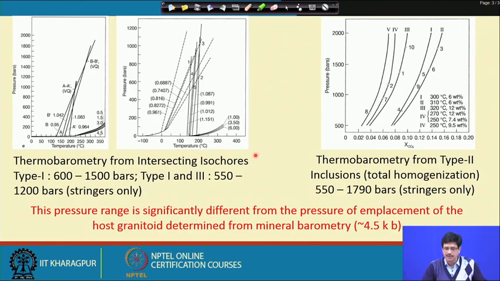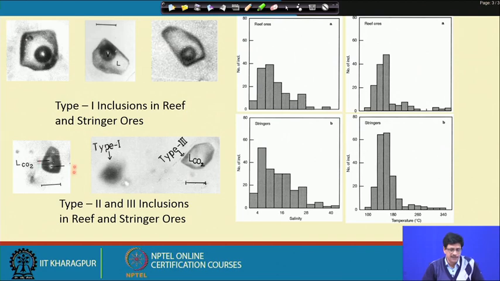Now, the interesting situation here is that the type 2 and the type 3 inclusions are very rare in the quartz reef, the main quartz reef, but in the stringers, vein ores and the mineralized stringers, molybdenite bearing stringers and mainly the chalcopyrite bearing veins, which are very frequent close to the main reef and then generally die out as you move away from the main reef, they do contain carbonic inclusions, aqueous carbonic inclusions and pure carbonic inclusions.